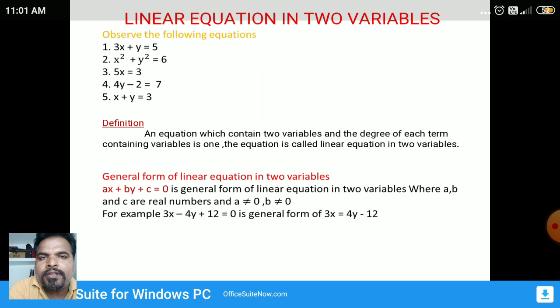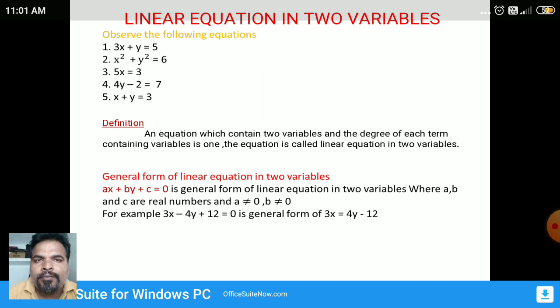Third equation is 5x is equal to 3. Fourth equation is 4y minus 2 is equal to 7. And fifth equation is x plus y is equal to 3. Now observe all these equations. Now which equations contain